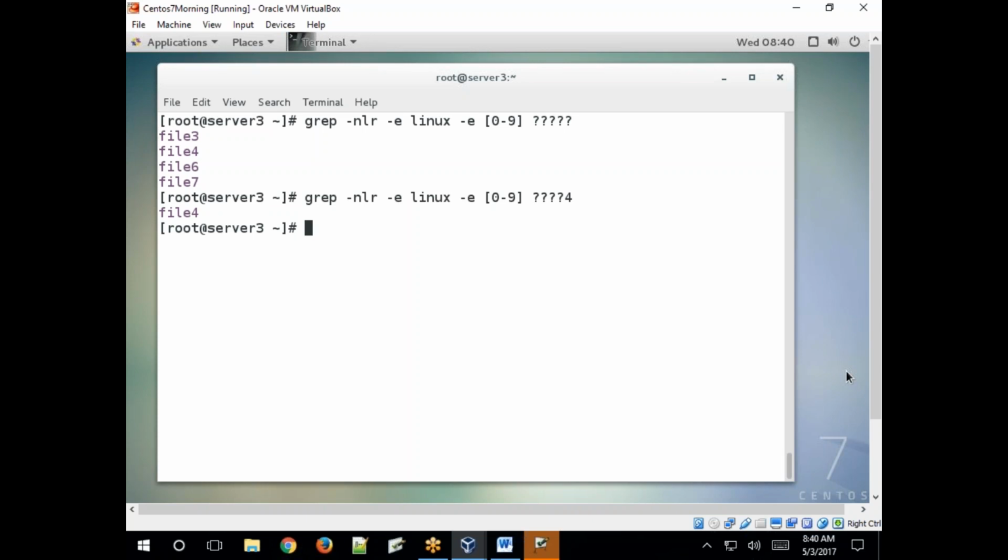Clear? If you specify like this, F, starting with F, okay, the file name must start with F and end with anything. Clear? Got it?